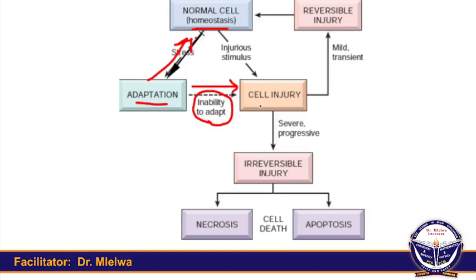So the routes: either the cell can undergo adaptation. Actually, adaptation, we can say it's like a reversible cell injury. Actually, it's not a reversible cell injury, but they are reversible changes. There are different reversible changes which can occur in the cell. When the stress is removed, the cell can change again and turn back into its original